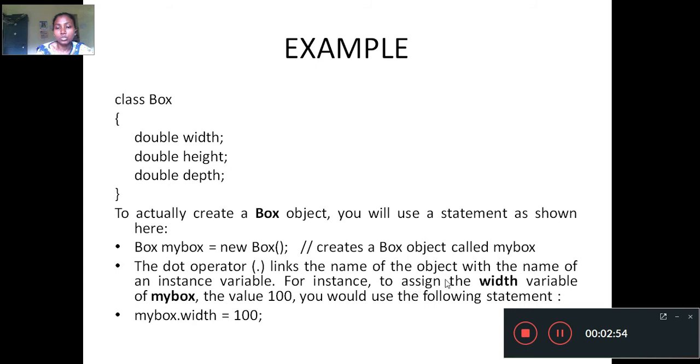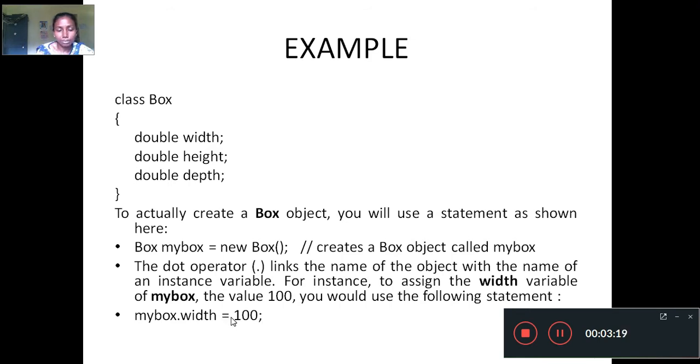So for instance, to assign the width variable of myBox, the object I created, the value 100, I'm initializing the value 100, you would use the following statement. We will use myBox, the dot operator, then width equal to 100.